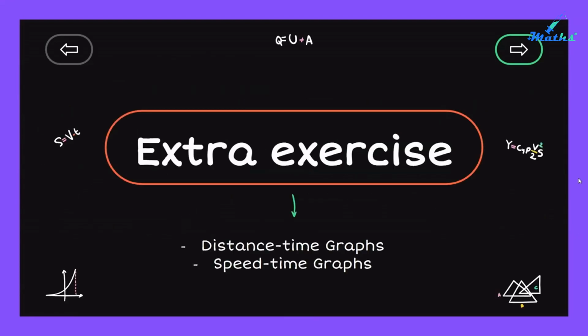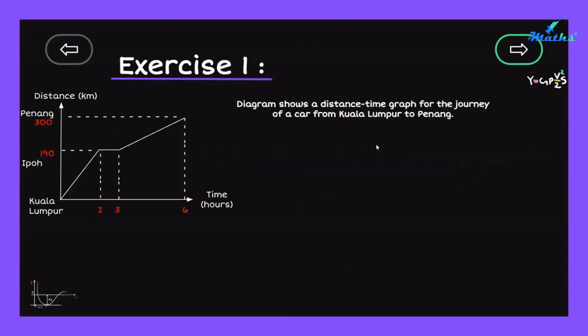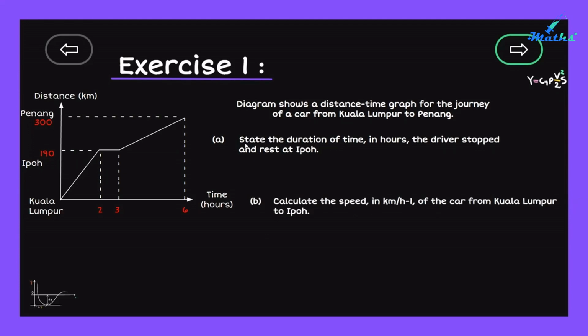So we have finished the distance-time graph and speed-time graph and the example. Let's do some extra exercise. Exercise 1. The diagram shows a distance-time graph for the journey of a car from Kuala Lumpur to Penang. This is the graph in this question. A. State the duration of time in hours